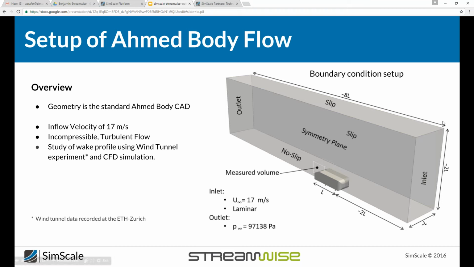So the Ahmed body model is in standard dimensions in meters. The inflow velocity is at 17 meters per second. We have incompressible turbulent flow. The main purpose here is to study the wake profile in the wake of the Ahmed body and compare the